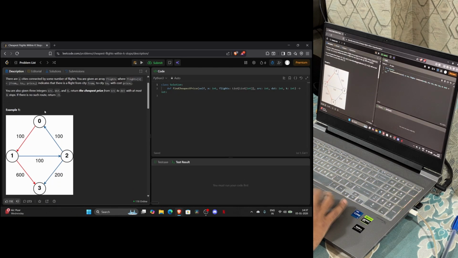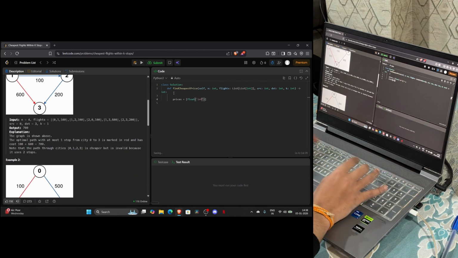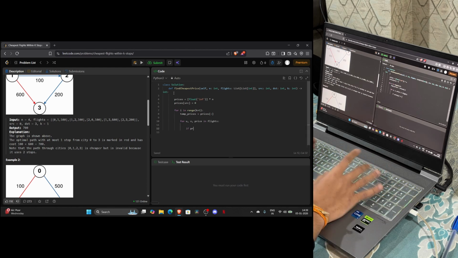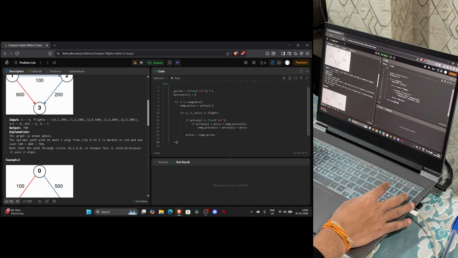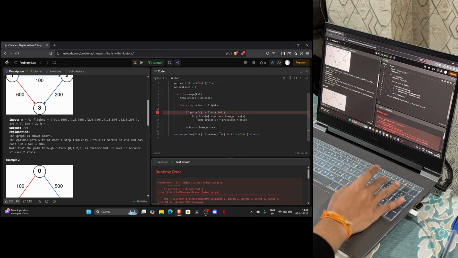In this case, we're given flights with costs, a source city, a destination city, and a maximum of K stops, and we need to find the cheapest valid route. This is where Bellman-Ford shines. By restricting the number of edge relaxations to K+1 iterations, we ensure that only paths with at most K stops are